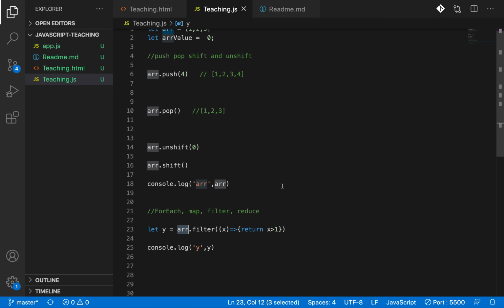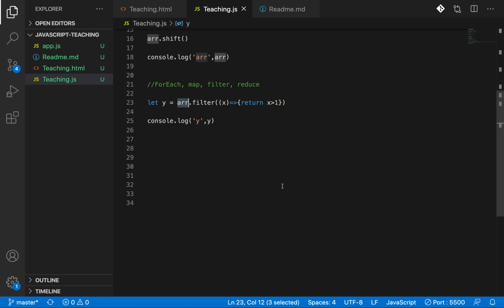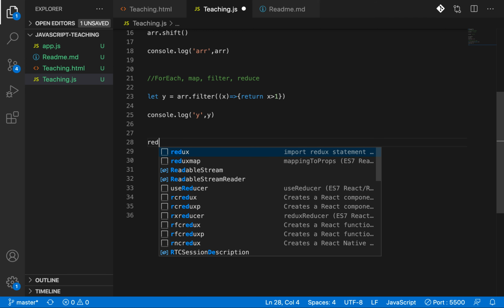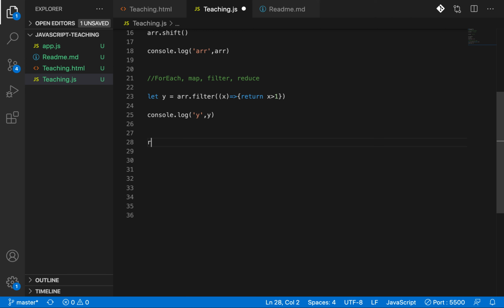You got it, right? And what else? Reduce is something where a little bit of concentration is required, guys. Whatever logic you mention in reduce, it basically returns one value based on the operations on the array. Let me explain.